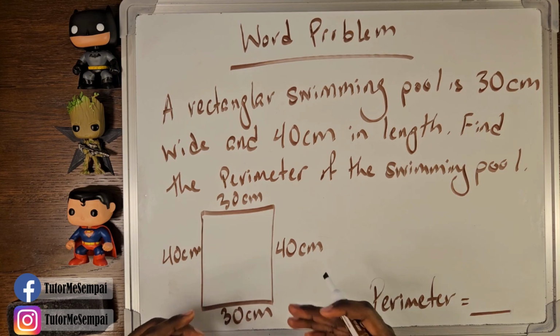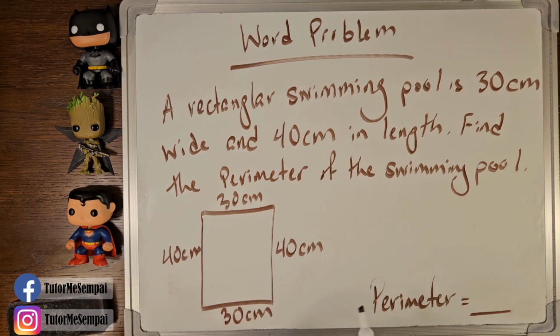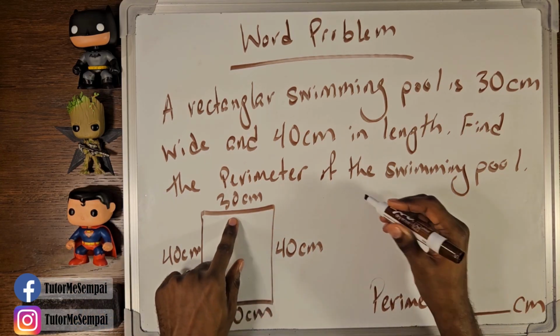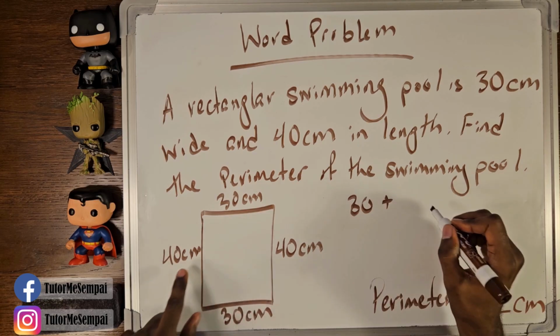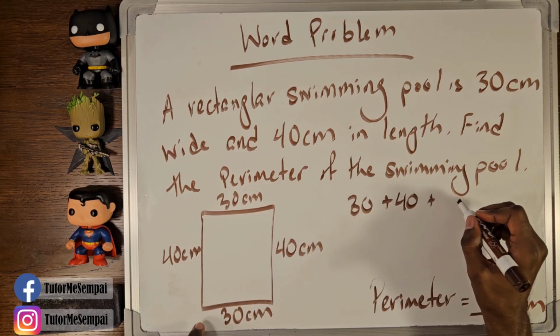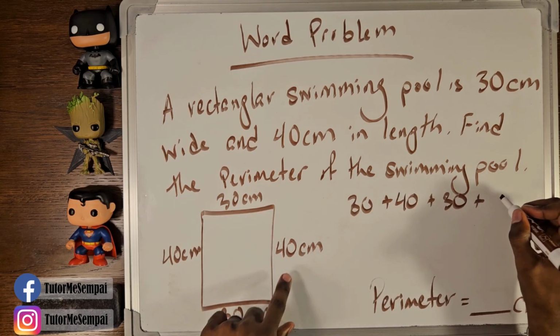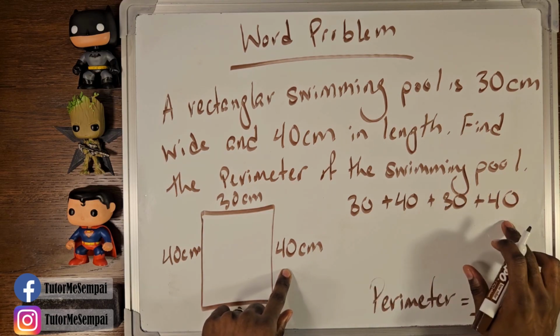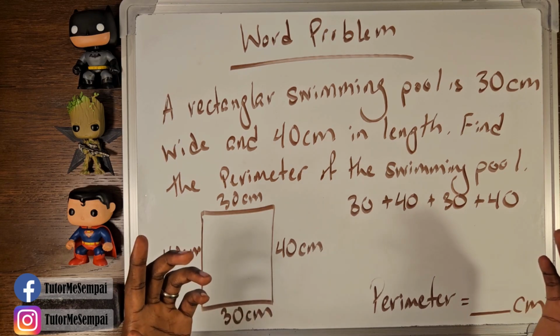But first, what's our unit for this problem? It seems like everything has centimeters, so we're going to have centimeters over here for our perimeter. Now all we have to do is add up all of our sides and figure out what we get. So we're going to have 30 plus 40 plus 30 plus 40. Now what's 30 plus 40 plus 30 plus 40? Well, this is going to be